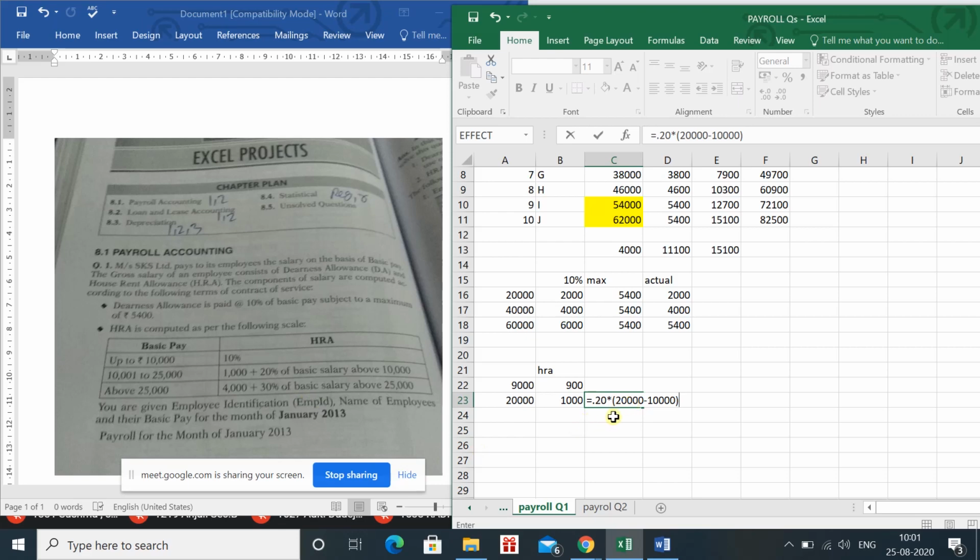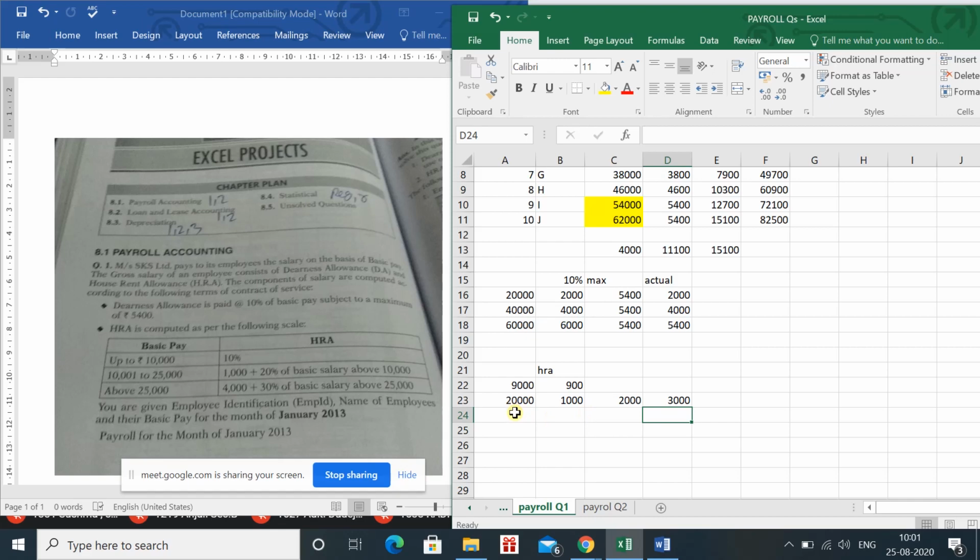Okay, so in this case 20% of the salary which is in excess of 10,000 plus 1,000, this is the HRA amount for a person whose salary is between 10,000 and 25,000. So we have assumed one basic salary in this particular range. You can check the formula in the formula bar, or again I can show you. 20,000 minus 10,000, 10,000 उसका 20% क्या होगा? 2,000. The total HRA which you will receive in this case will be 3,000.